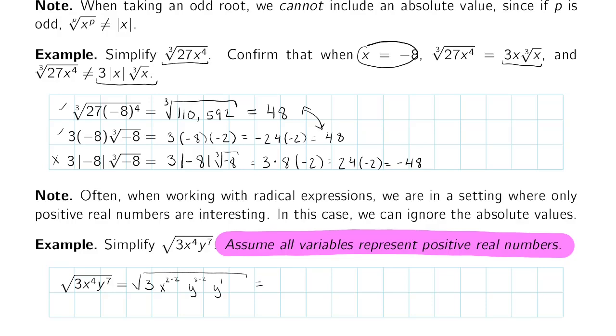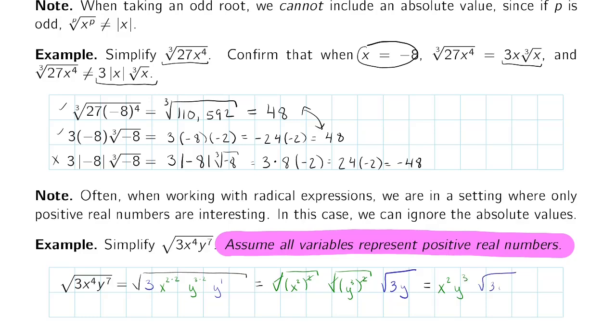Now I'm going to take just the parts that are perfect squares, and I'll have the square root of x squared squared, the square root of y to the 3rd squared, and then the parts that are not perfect squares, I'll leave inside the radical. So I'll have square root of 3y. The square root and the square cancel out. And because I'm assuming that x and y are positive numbers, I don't need an absolute value here. X squared y to the 3rd